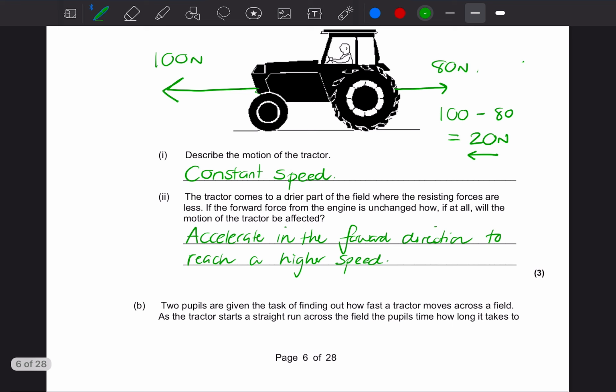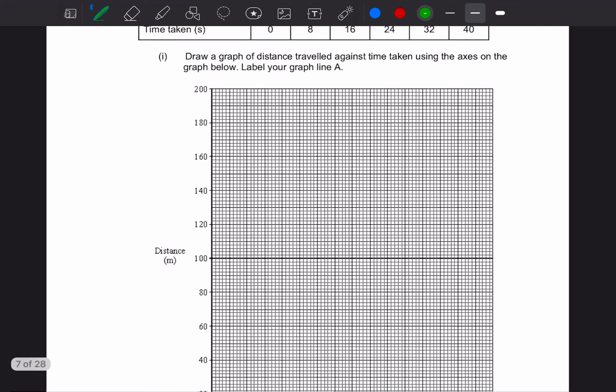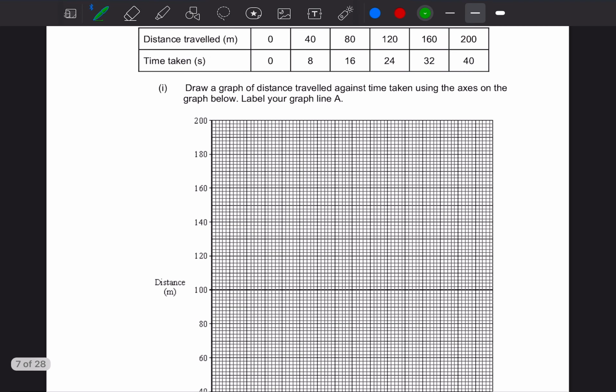Right, 2 pupils are given the task of finding out how fast a tractor moves across a field. As the tractor starts a straight run across the field, the pupils time how long it takes to pass a series of posts that are 40 meters apart. The results obtained are shown in the table below. So we have to draw a graph. Draw a graph of the distance travelled against the time taken using the axis on the graph below. Label your line